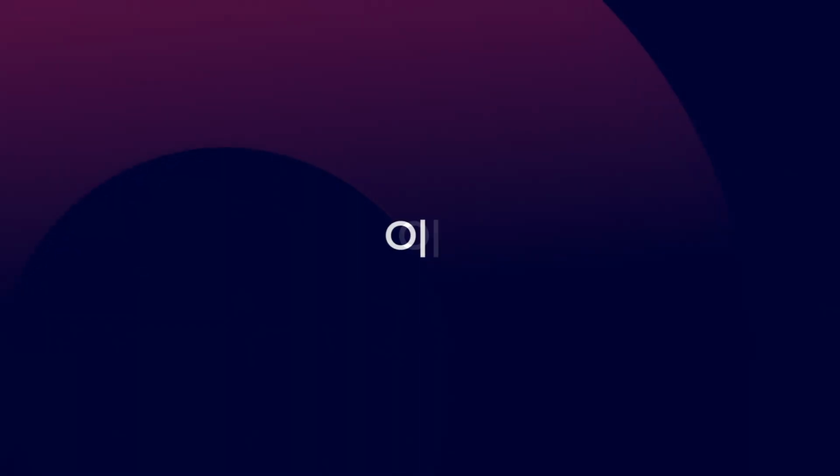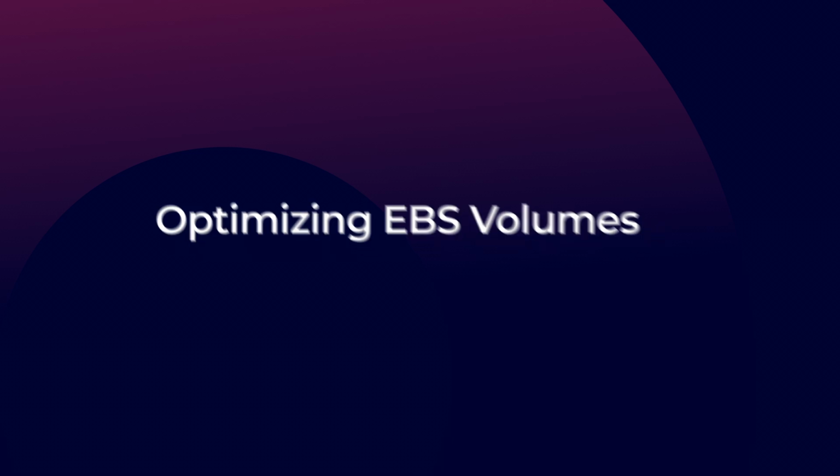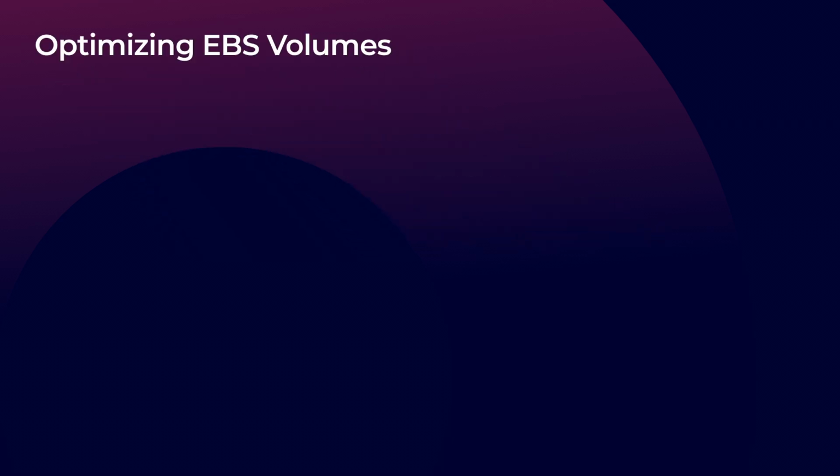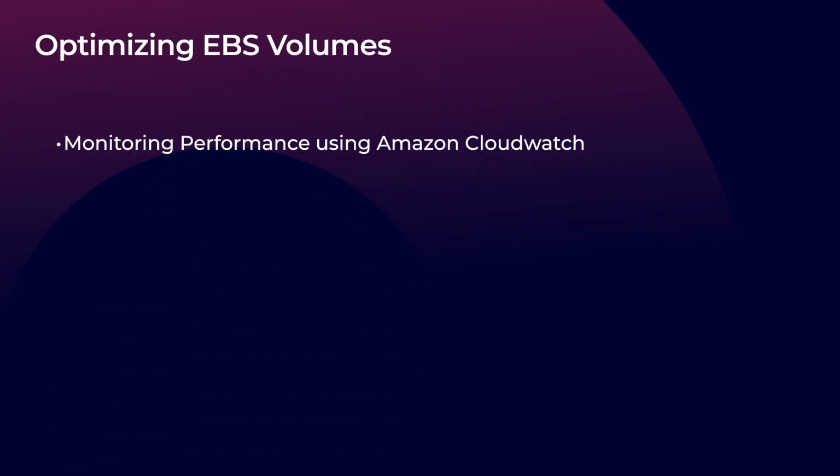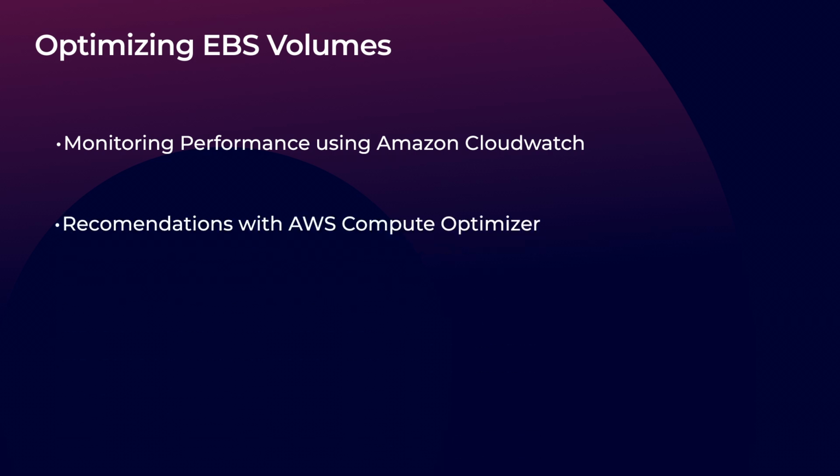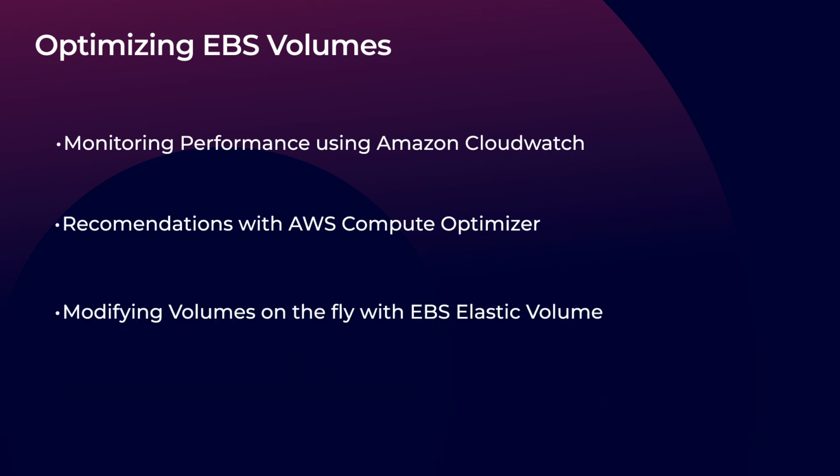Now, let's explore how we're going to optimize our EBS volumes. To start with, we'll look at monitoring the performance using Amazon CloudWatch. This service provides real-time insights into the performance of your EBS volumes. Then we'll look at AWS Compute Optimizer, which analyzes volumes and offers optimization recommendations. And then finally, we'll look at the Elastic Volumes feature of EBS, which allows you to modify your EBS volumes